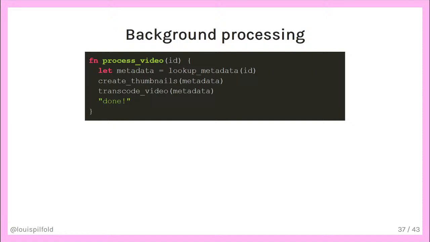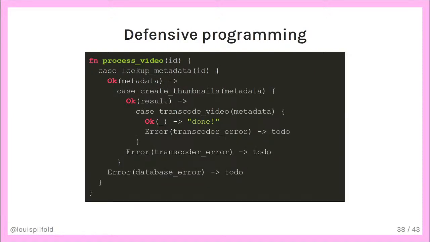A faulty hard drive could have corrupted the video file, or perhaps the unreliable network causes the database lookup to fail, or there could be a bug in the third-party video transcoding software that we're using that causes it to crash. So the ML-style error detection here forces the programmer to acknowledge these potential problems, and we end up with this verbose nested code. After each step, the programmer has to check to see whether it failed, and then do something with the error. This code is much less clear than the previous version, and it's much harder to tell what the actual business logic is here because it's being obscured by the error handling.